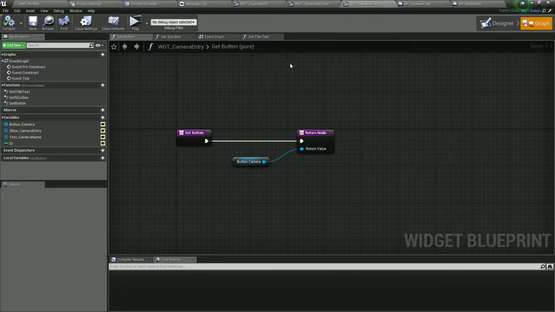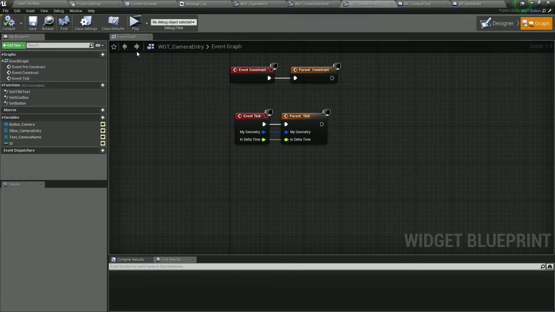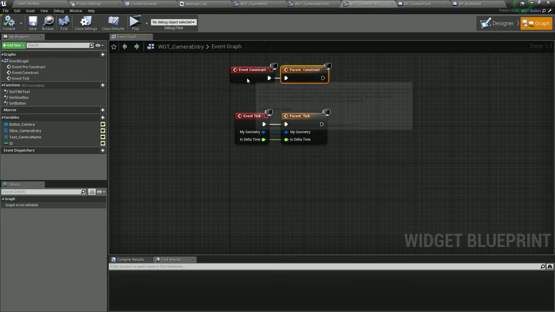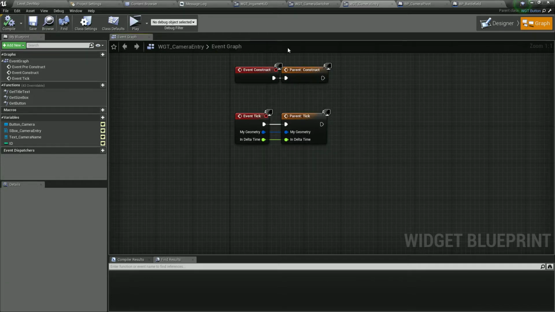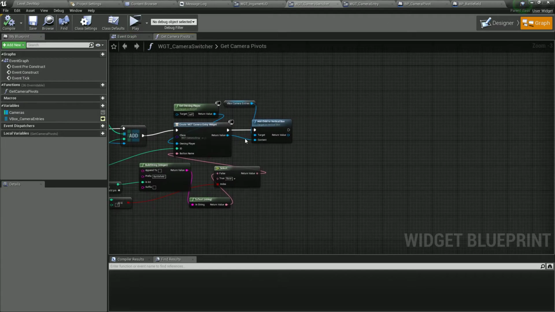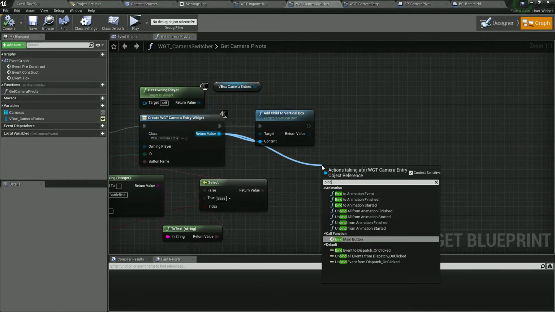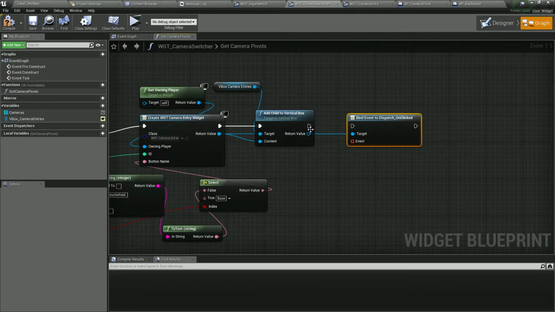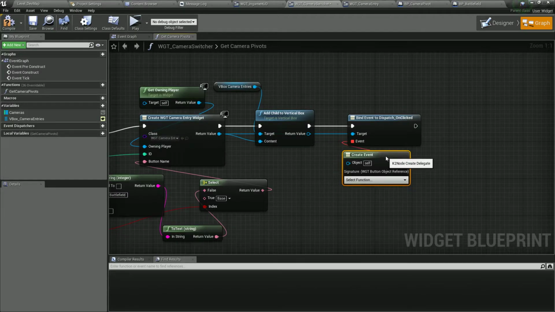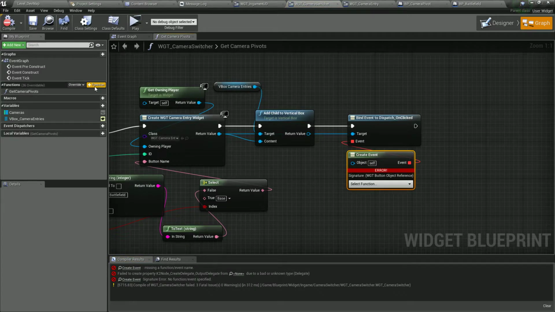So I guess we'll do it in two videos. One with the right function, where we're going to call the right function when we click the button, and the second one is going to be the camera transform. Well, we'll see how it goes. So the camera switcher is creating this, and it wants to bind itself to the fact that that button was being clicked. Camera switcher, create event. So we have nothing there. If we hit compile, we're going to have an error. Function,